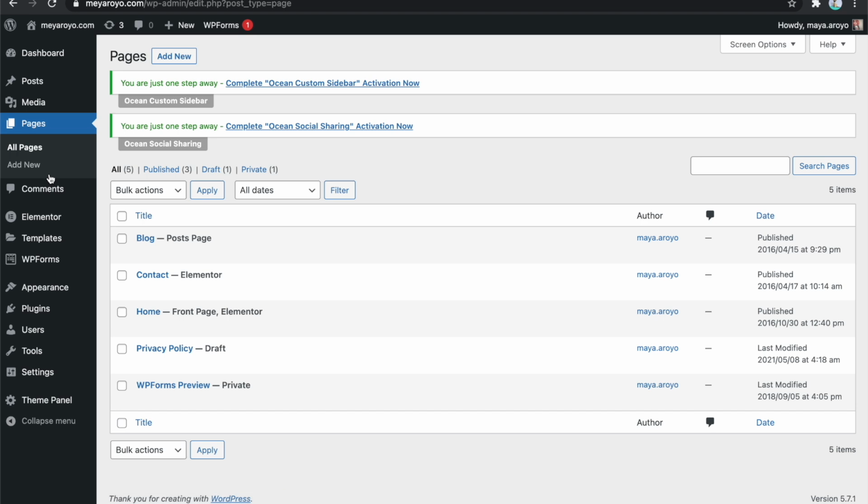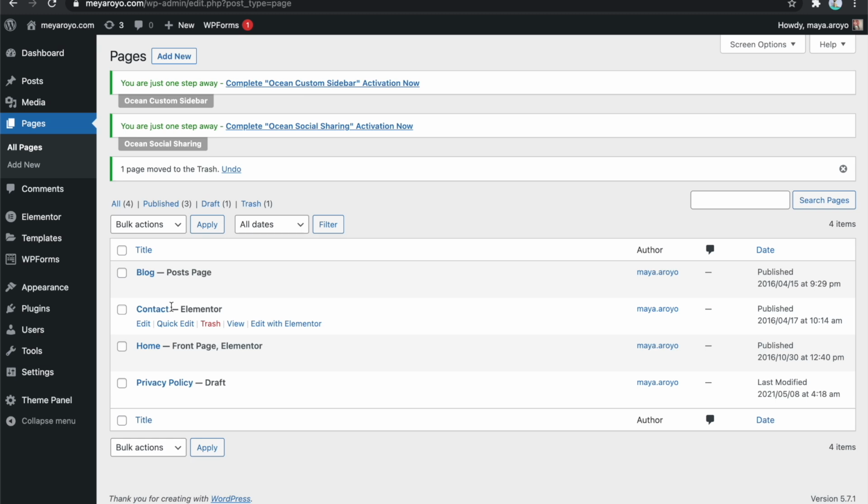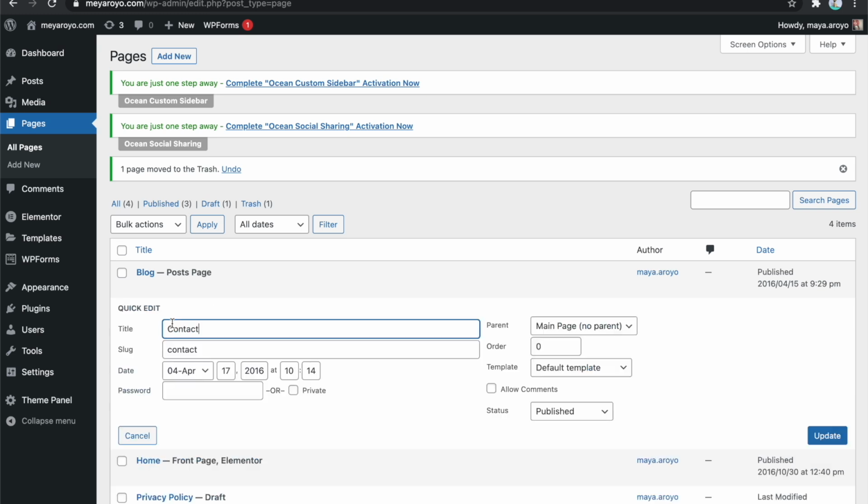So I have a blog page, which I obviously need. I have a contact page, a home page, and privacy policy and WP Forms preview, which were created automatically. I can trash this one. And what I want is actually an about page. I don't want a contact page. Well, maybe like contact and about. So I'm going to click on quick edit and change this one into about me